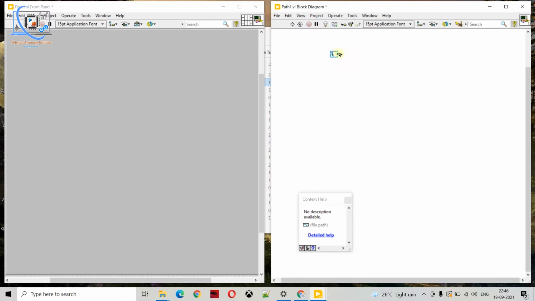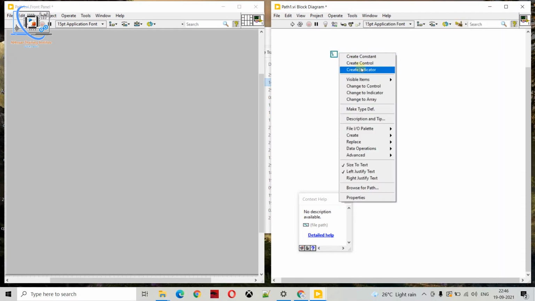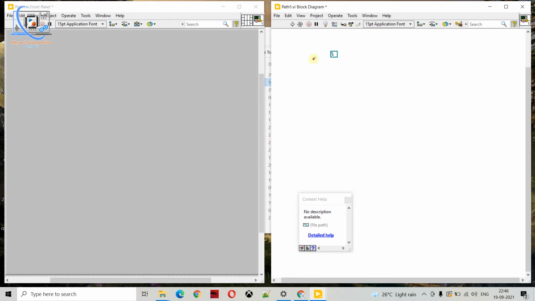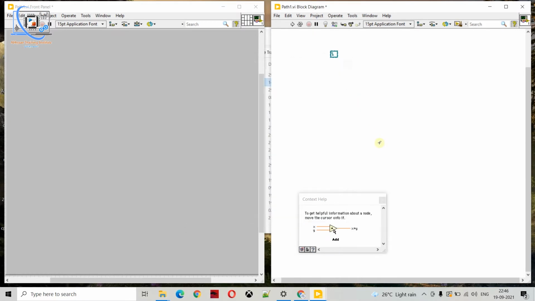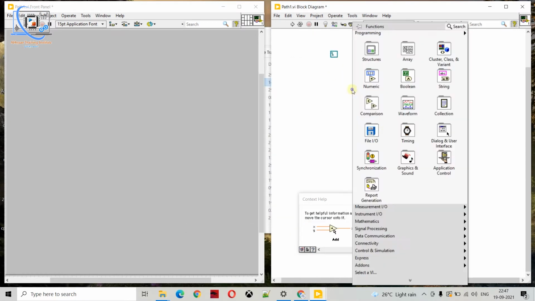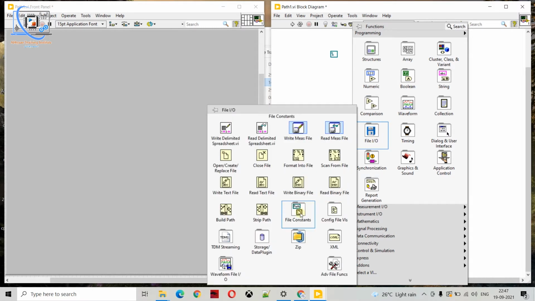We will create an indicator and see how that file constant works. The type of that variable will be a path. If you want, you can go to the properties and see the documentation, but it's not necessary here.